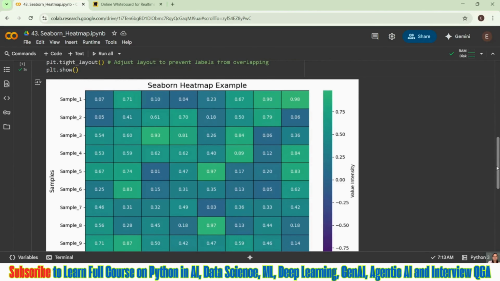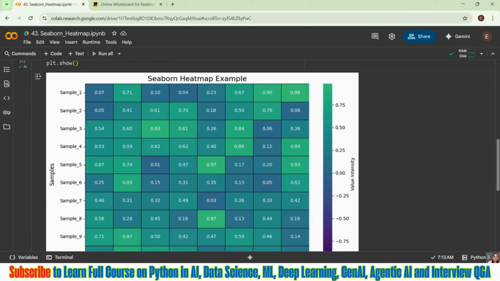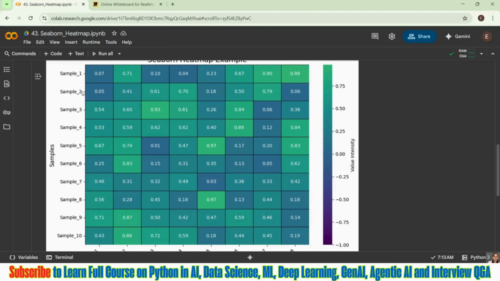I already told you why this is important. Understanding the correlation is really necessary, because based on that, you either keep those features or drop them if they are irrelevant. If you work in real scenarios, in live projects, these things matter most.